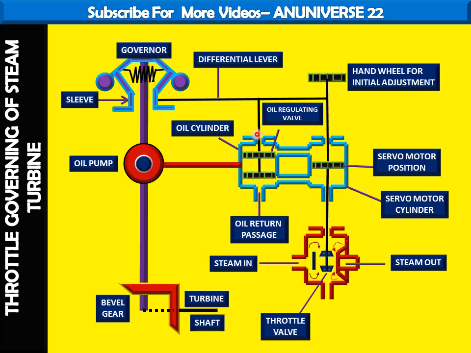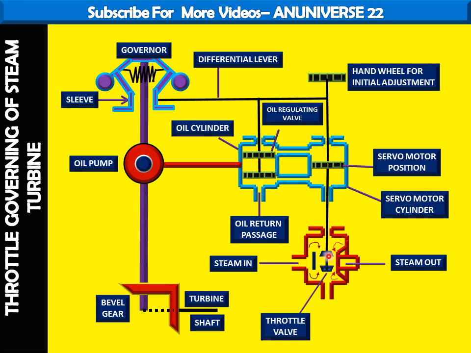and due to this upward movement of the differential lever, the pilot piston also moves upward, and this relay piston moves downward, and due to these movements the oil pump passes the high pressure oil, and due to the pilot piston's upward movement this oil regulating valve opens, and higher pressure oil enters on the top side of the relay piston through the upper part, and it allows the oil from the relay cylinder to come out, then it moves downward, and this oil goes out through this valve, and finally goes to the oil return passage,